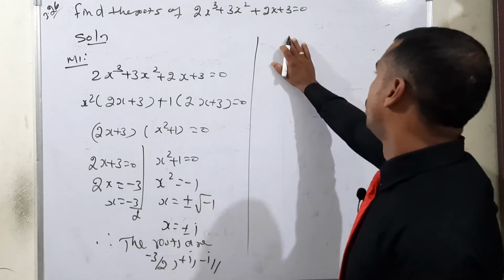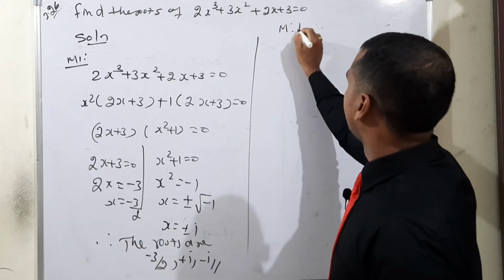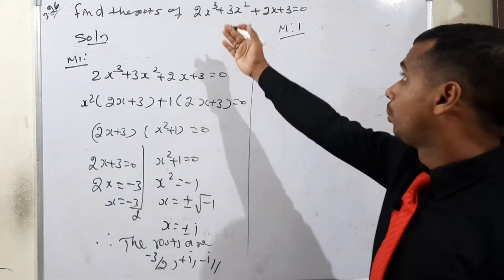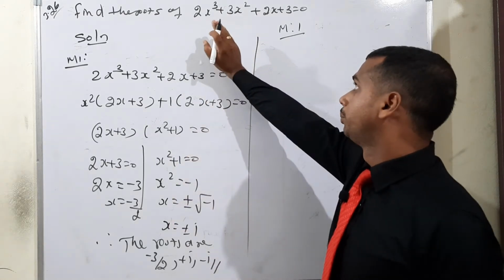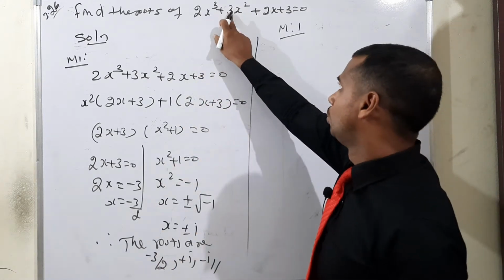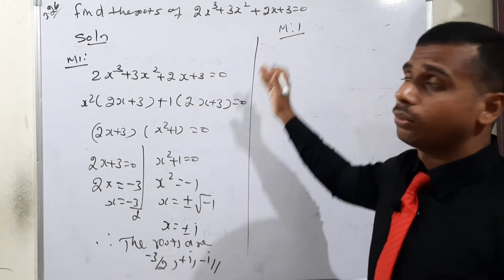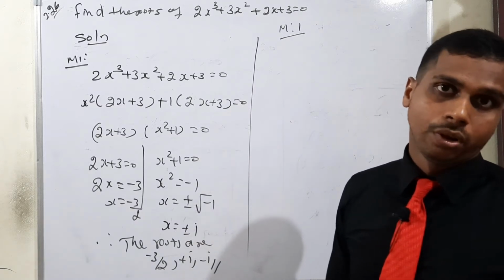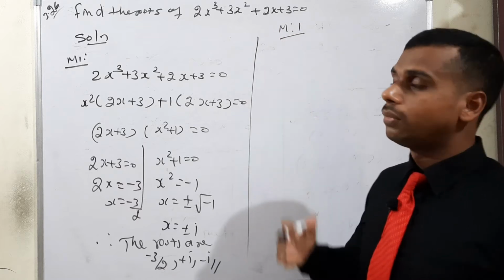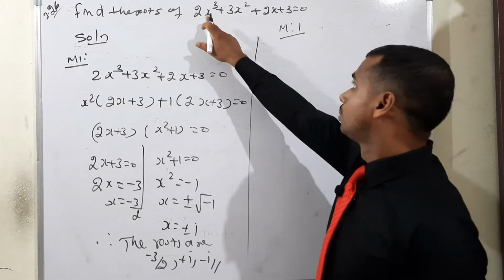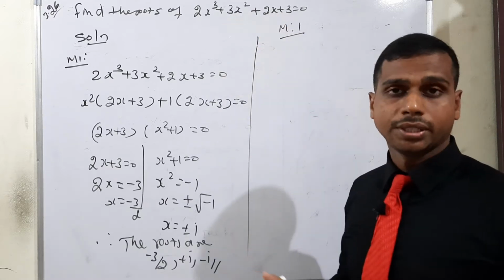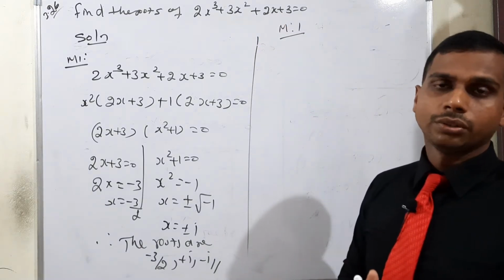So I am moving to method 2, look at it. As I already told you, first you have to check the sum of coefficients. The sum of coefficients is not possible to be zero, because all the signs are positive. So 2 plus 3 is 5, 5 plus 2 is 7, 7 plus 3 is equal to 10. It's not equal to 0. So check the sum of odd coefficients. Here also all the time it will be positive, no? So the sum of odd coefficients: 2 plus 2 is equal to 4, as well as 3 plus 3 is equal to 6. So not equal. Even coefficients are also not possible.